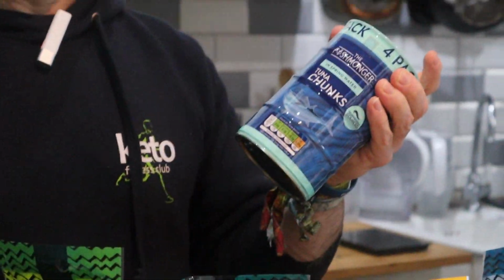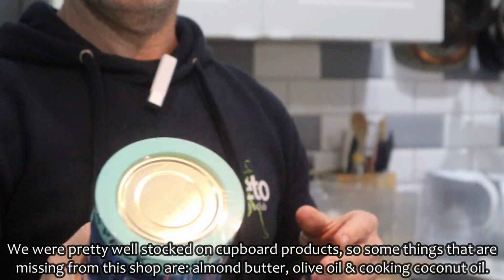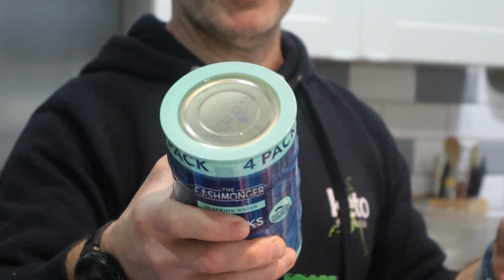Our tinned cupboard stuff, tins of tuna, a fabulous source of protein. You're looking at around about 40 grams of protein per tin. Drain the water out, mix it with